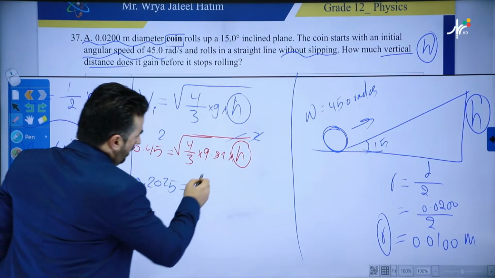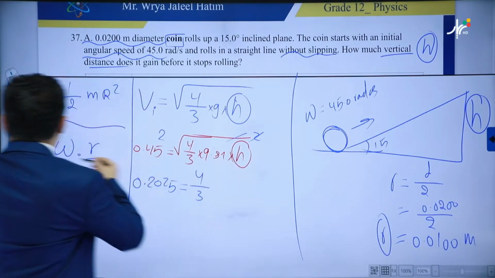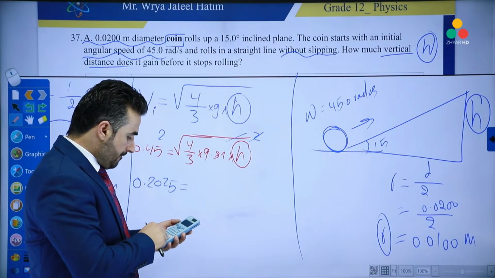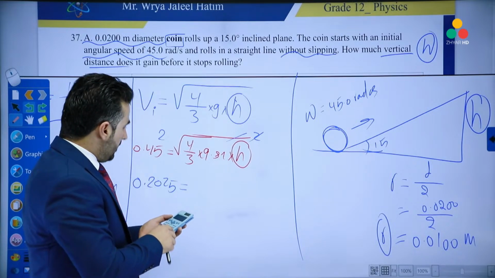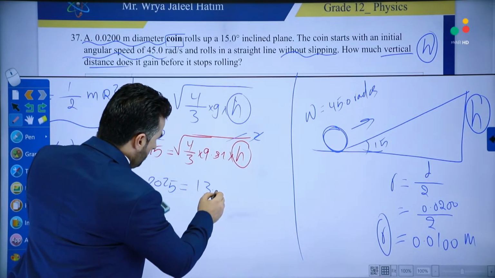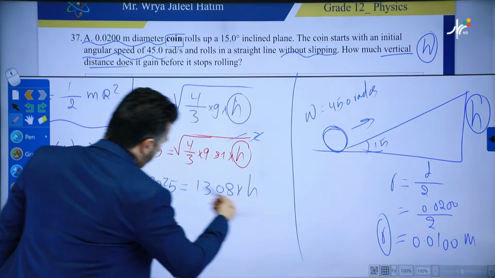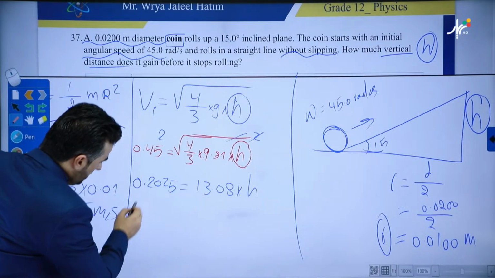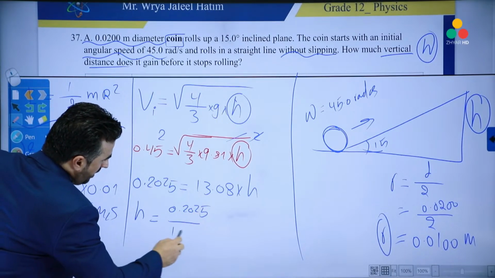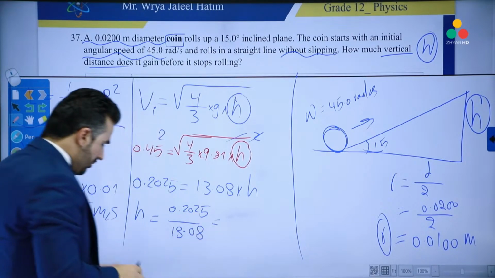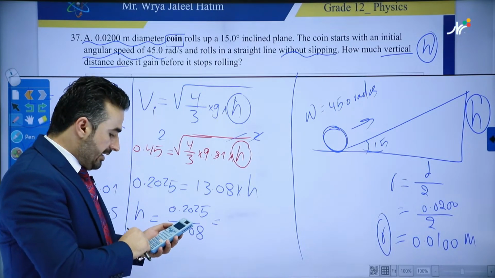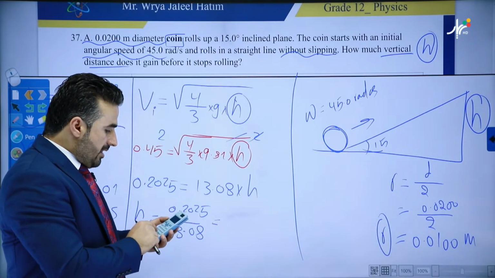So 0.2025 equals 4/3 multiplied by 9.81 multiplied by the height. What is 4/3 multiplied by 9.81? The answer is 13.08. So we divide both sides by 13.08, and the height becomes 0.2025 divided by 13.08. When you divide the two, the answer will be